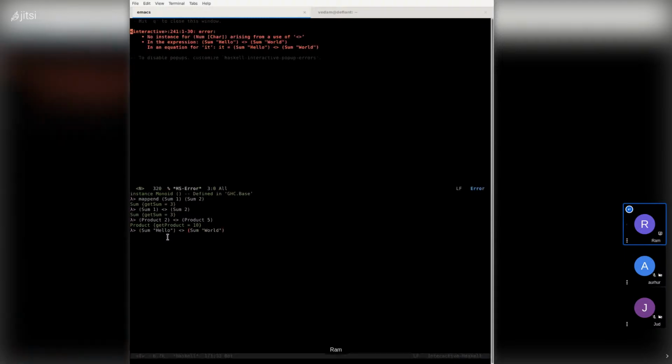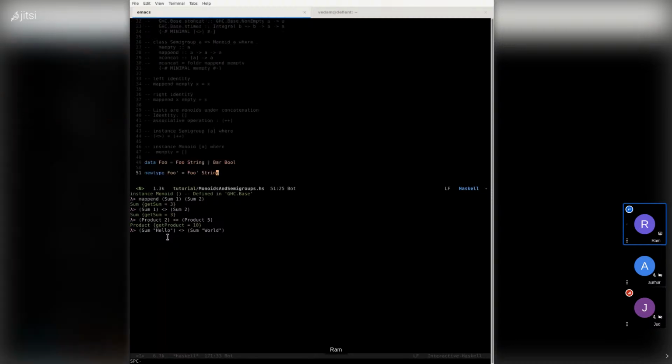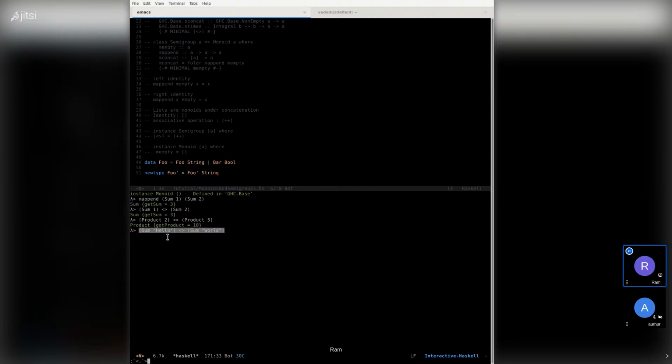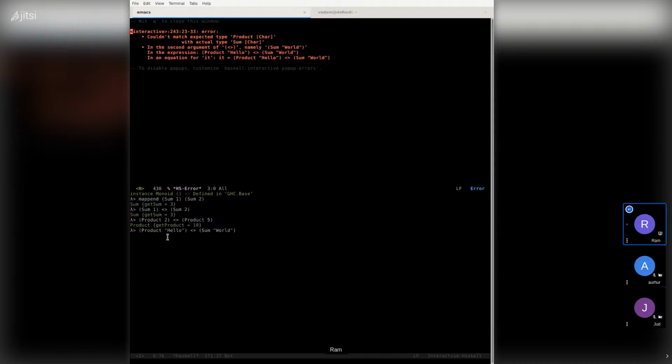It's going to complain that you can't take a Num instance of a string of characters, which is correct because there's no such thing. It's the same thing if we simply do Sum with Product here and try to run this; you'll see that it's the same problem.